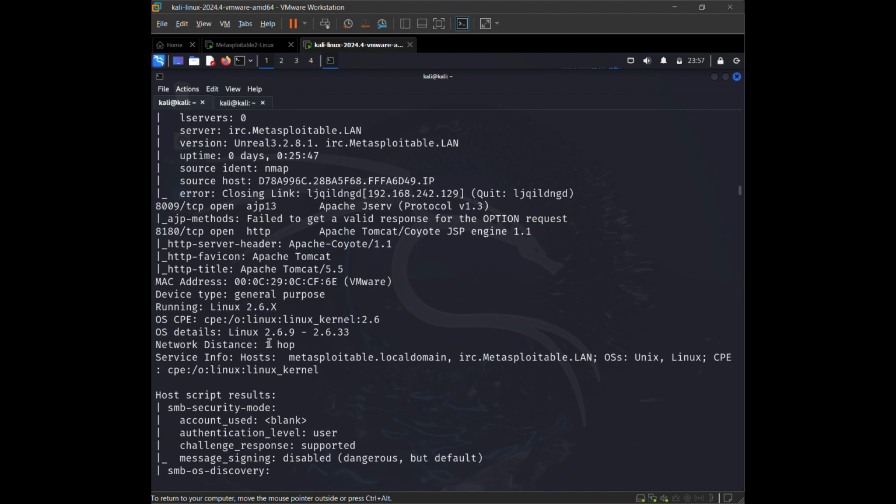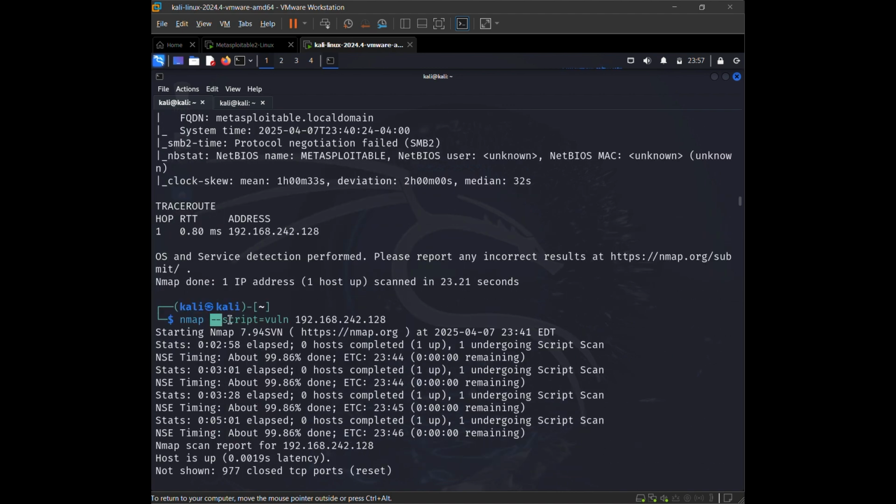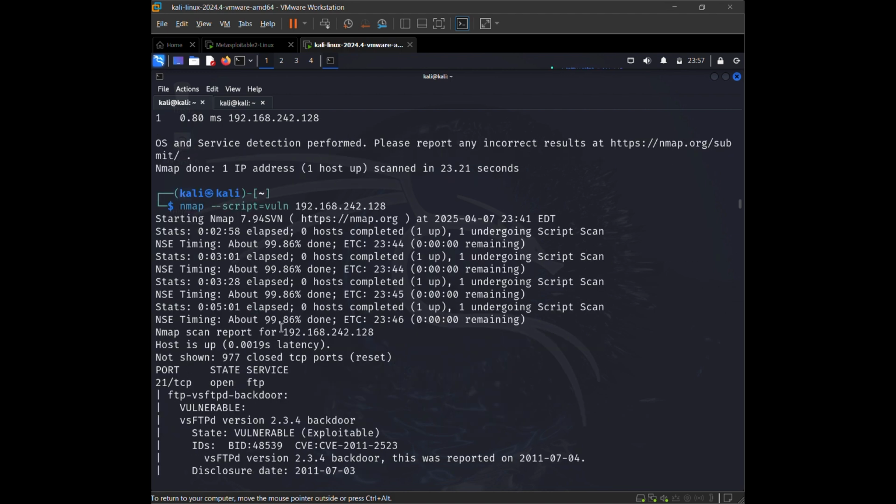But what if I want to find out what vulnerabilities are there directly? Then I could just use --script=vuln. This is basically Nmap NSE scripts which we can use. What scripts are there, we can find out on Google easily. There are many Nmap cheat sheets available online. So I have just written here the vuln script, which will tell me what vulnerabilities there are.